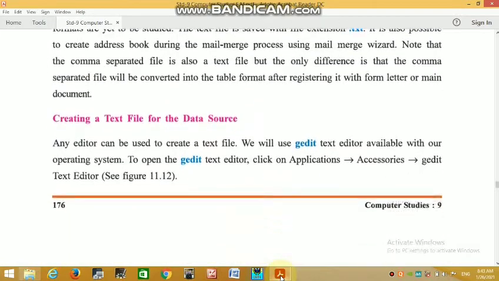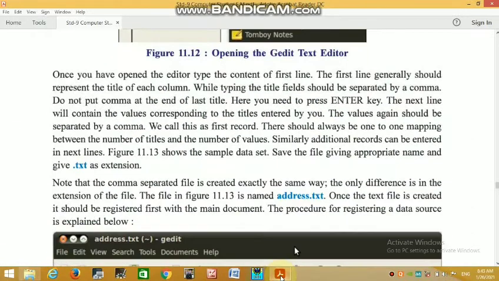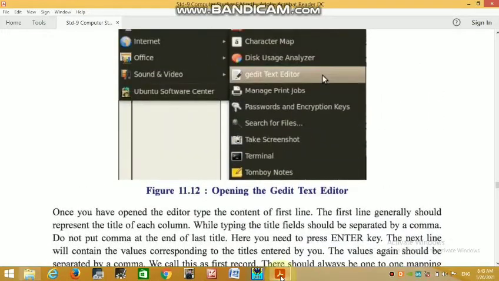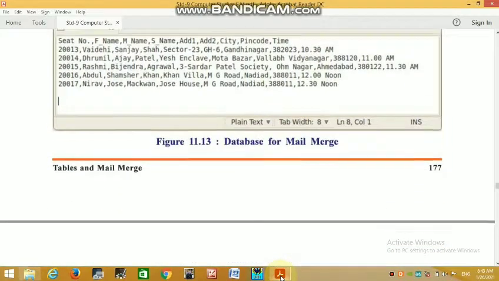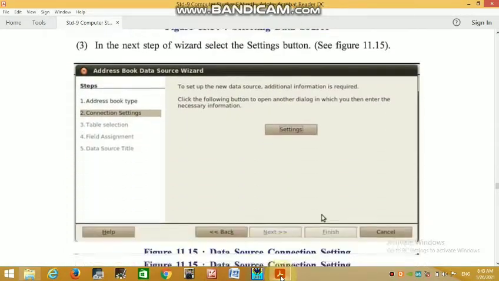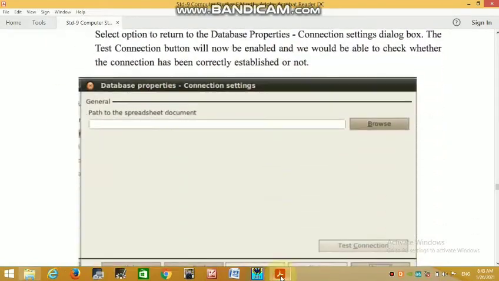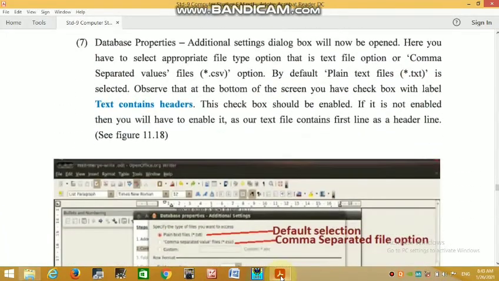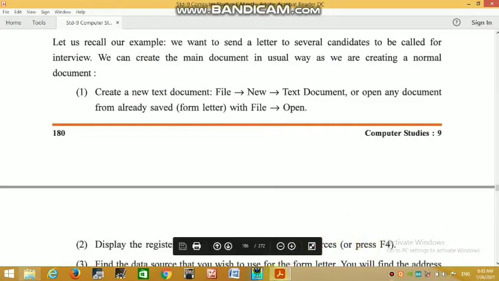So first of all, creating the data source. First of all, we have to create a data source like an address book. Here is a text editor where the address is typed, but we make our data source directly in our program and make one database. We make this with the help of a very simple method. Okay, first of all, I open